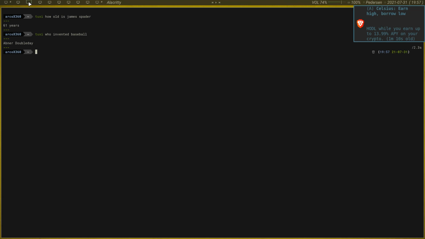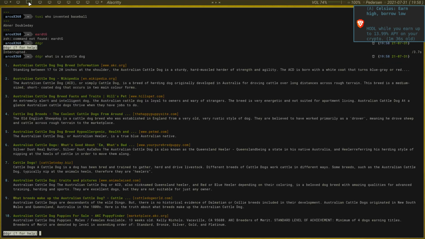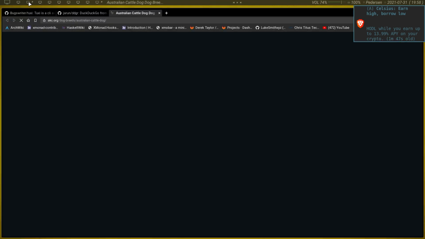The other one kind of goes along the same lines, but it's DDGR. And if you want to search for something, so let's say we want to go, what is a cattle dog? We just got a new puppy and she's a cattle dog, so we were just kind of curious. So you do that, and then say you want to open one of these. This is basically doing a web search from your terminal, DuckDuckGo search, so we want to open the first one, say. So we open one, press enter, and